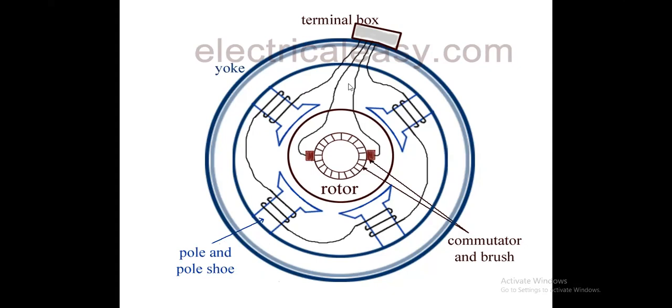these are the two supplies. You can see there are four wires. Two are positive and two are negative. The positive supply is provided from the terminal box to the field. The positive supply goes to the field of pole 1, then in series, and at the end it is connected to the negative. This is the series connection of the whole wiring.